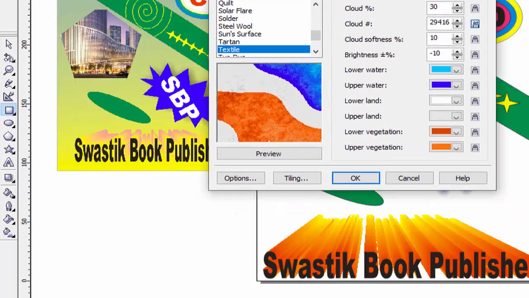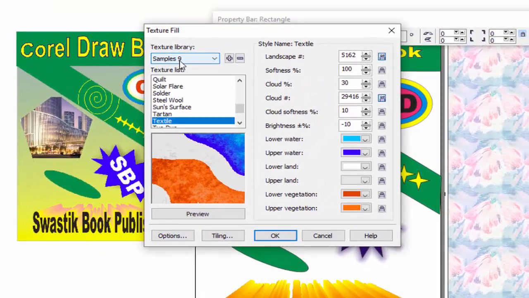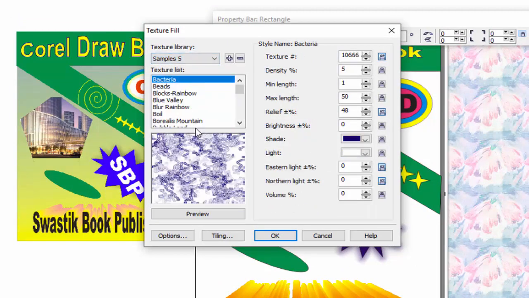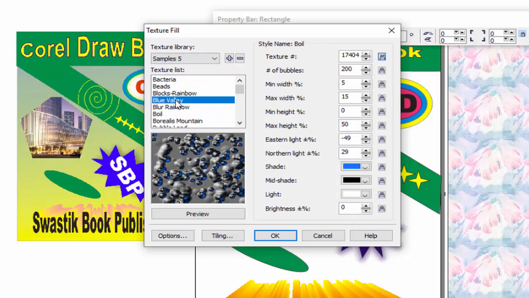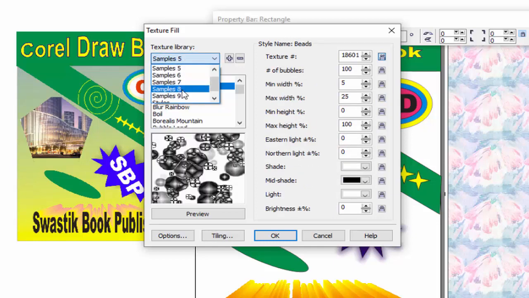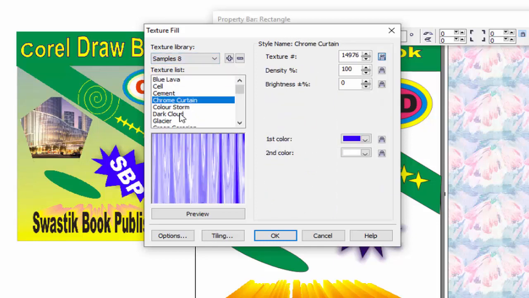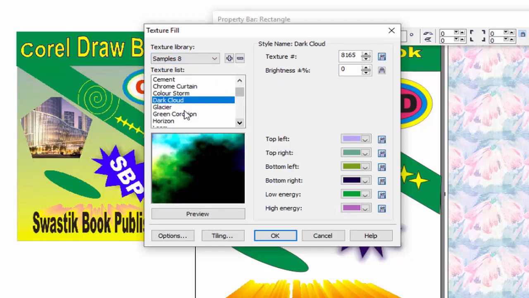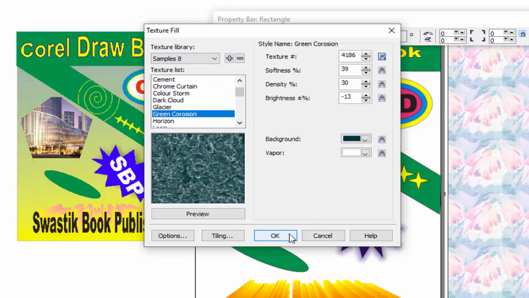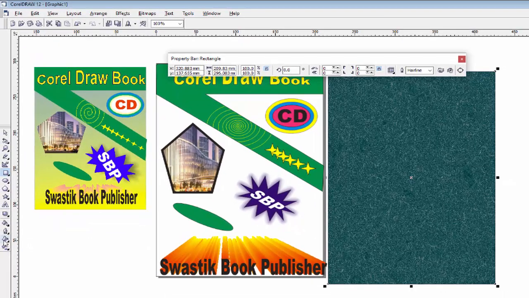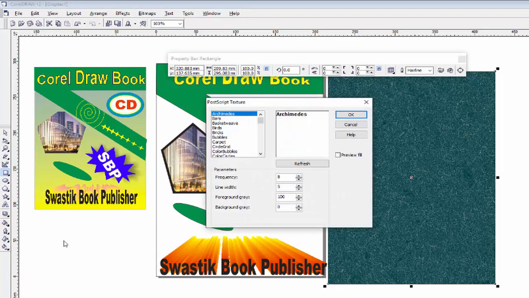Next option is texture fill. You can use this texture fill dialog box to fill color, and there are samples which contain different options. This is the 5th sample. The 8th sample contains different texture options. You can fill any texture from here and then press OK. And if you want to fill PostScript, use this option and you can fill any PostScript.